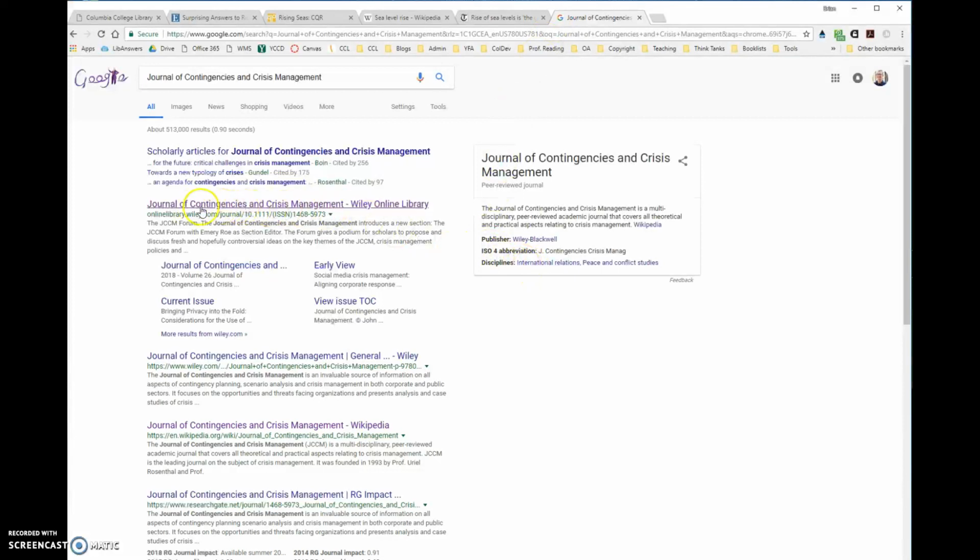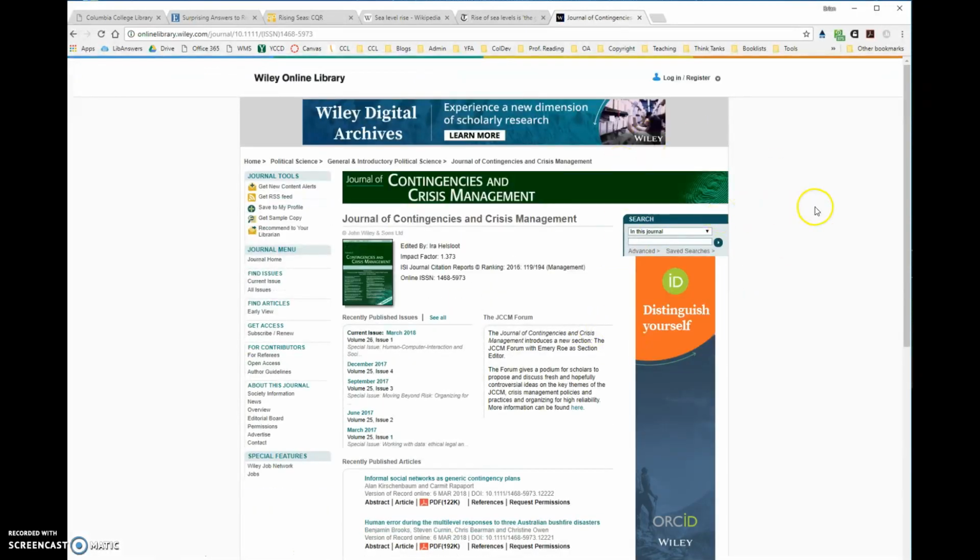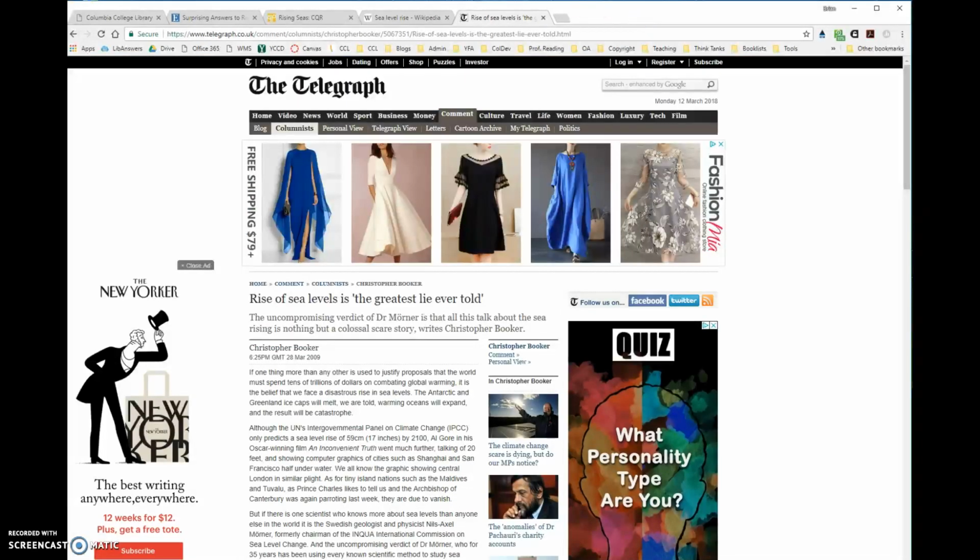So I can see here it's coming up as part of a Wiley publication. And if I click on that, I could do some digging, and I would learn that Wiley is a respected publisher in academics, and you find them doing a lot of very well-regarded publications. But it can be an excellent idea to just do a little Google search for the author or the place where the thing is published that you're looking at, and that can give you some clues about how reputable it is. Okay, so I'm going to close that there.